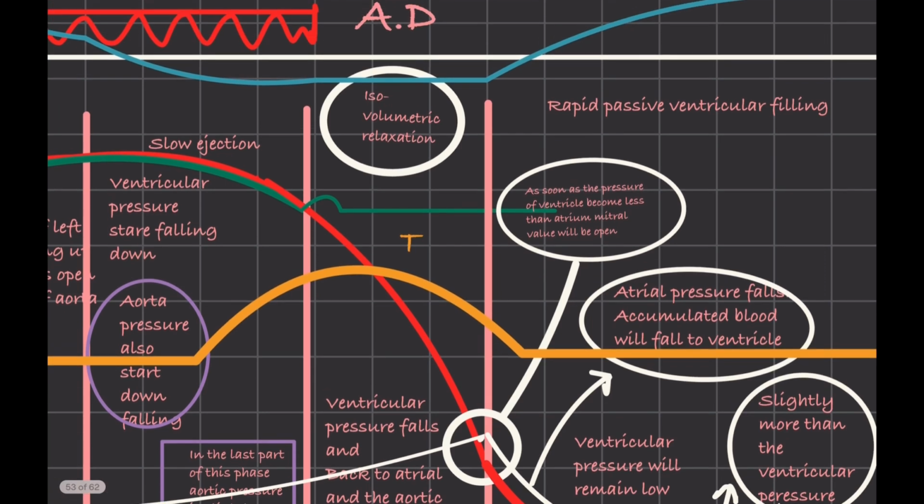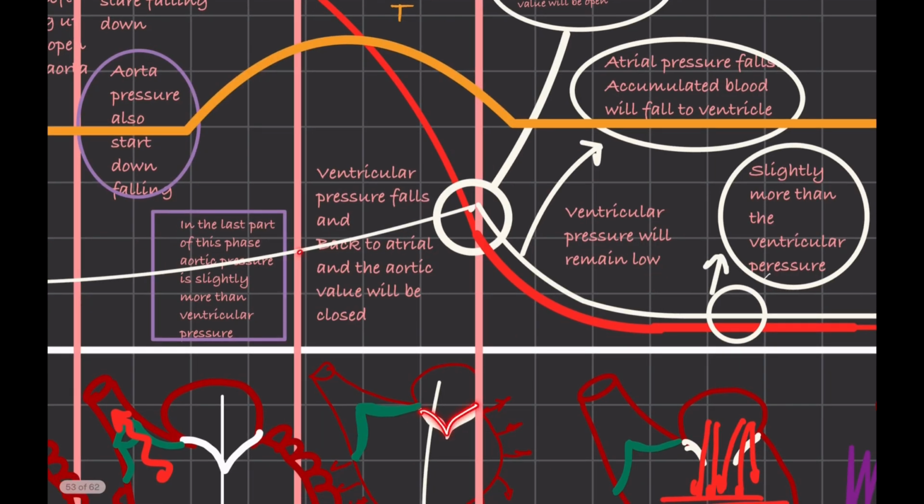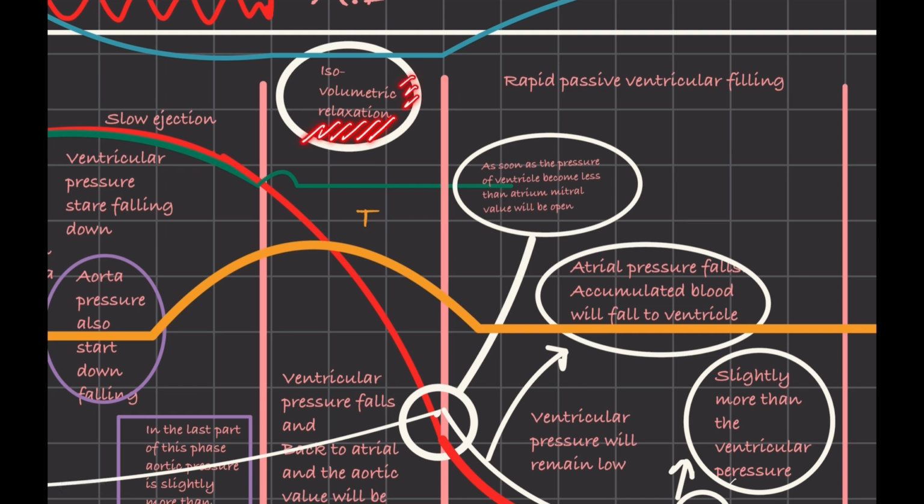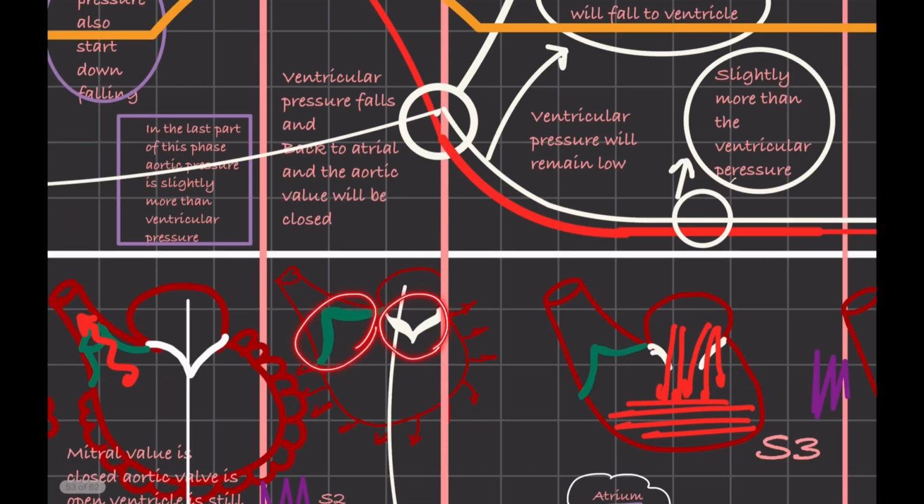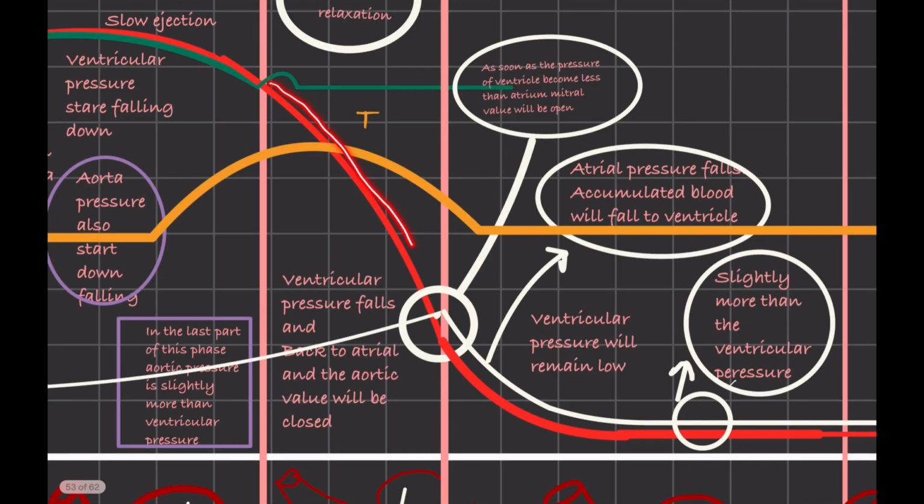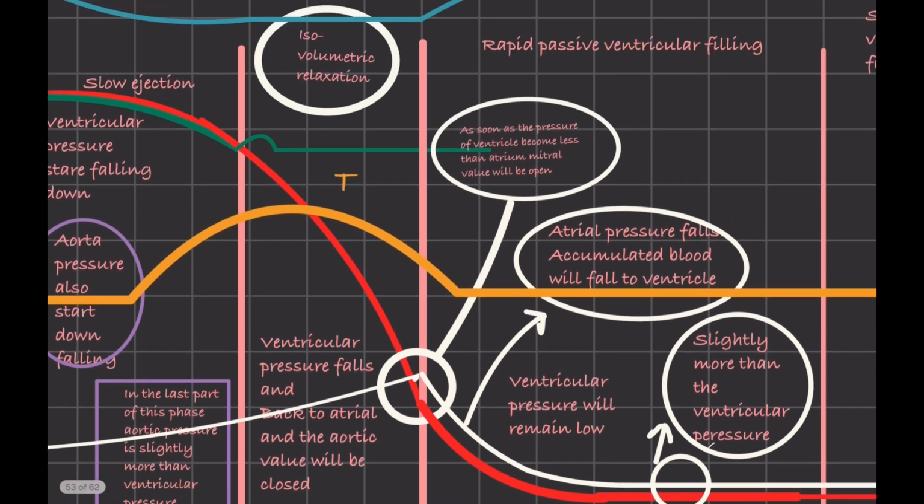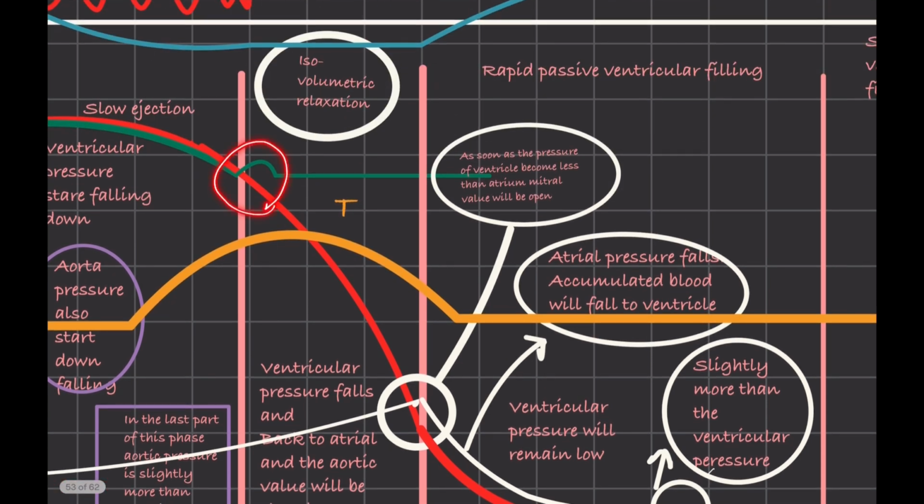After S2, the relaxation phase begins. The mitral valve remains closed and the atrium is still functioning as a reservoir, with the V wave continuing to rise. This marks the start of the diastole, beginning with isovolumetric relaxation, where all valves are closed and the ventricular pressure keeps dropping. The closure of the aortic valve briefly increases aortic pressure, but the connection between the ventricle and aorta